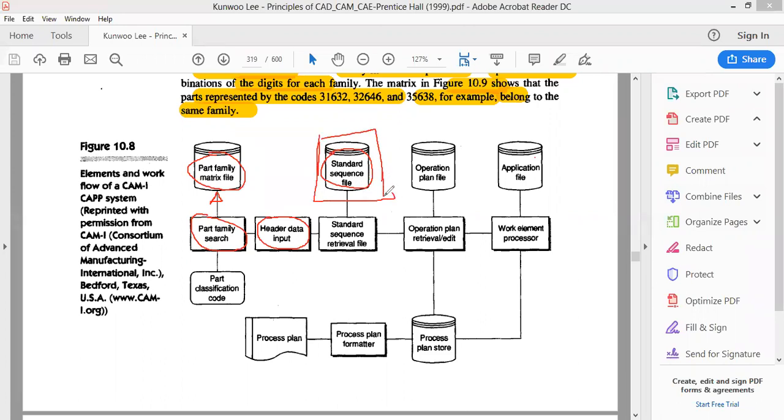So based on all these features, since it's already a part of the family, the standard procedures will be there as a program file, which will be retrieved based on the input that it is receiving from the header data, right?